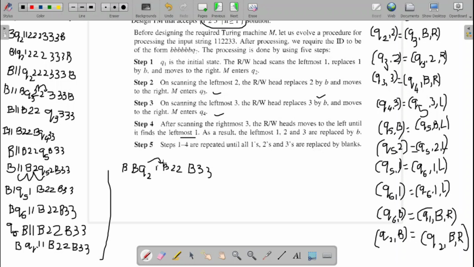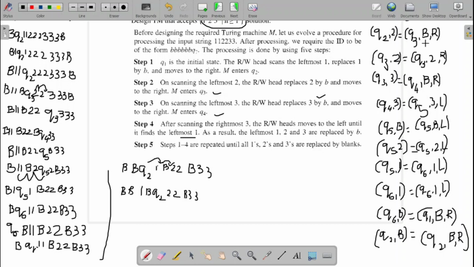So Q2 as it is, blank as it is, but I need to make the right movement. So now what happens? Q2 will come over here. So Q2 on 2 I will get. So Q2 on 2 what to do? So now what is my result? Blank as it is, blank, 1 blank. So next will be Q2, next is 2, 2 blank, 3, 3. So now what I have? Q2 on 2.